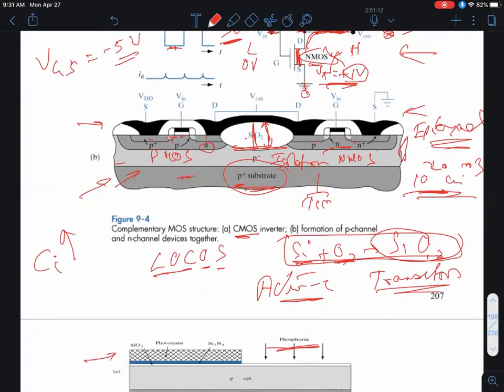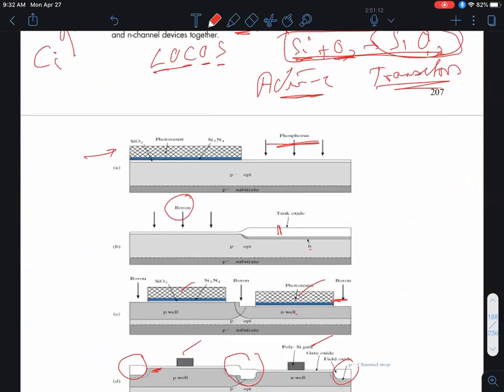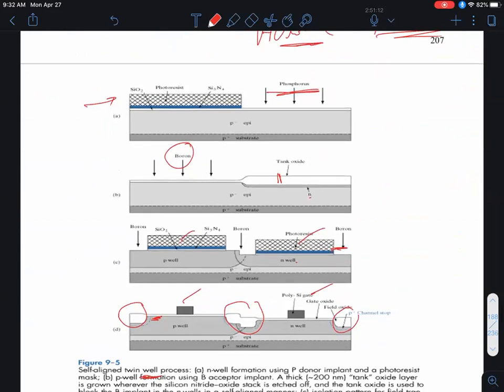But the problem there is, if you make the oxide very, very thin, you start encountering a problem. Who remembers what that is? Leakage, tunneling. Leakage. Yes, leakage due to quantum mechanical tunneling. Very good. Okay. So because of that, these days, instead of thermal oxide, you'll actually deposit a high K dielectric